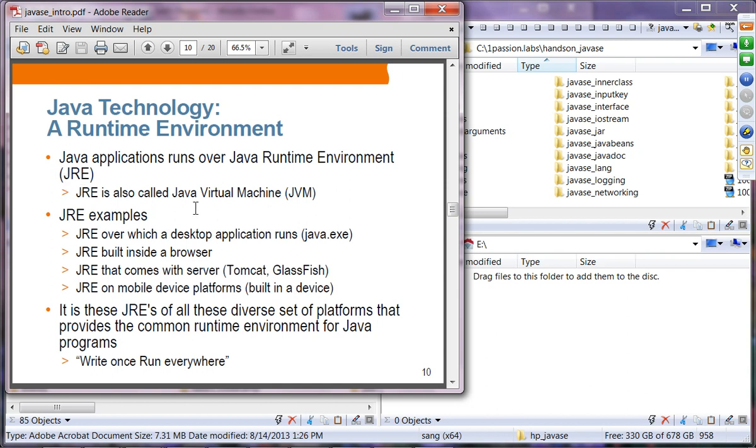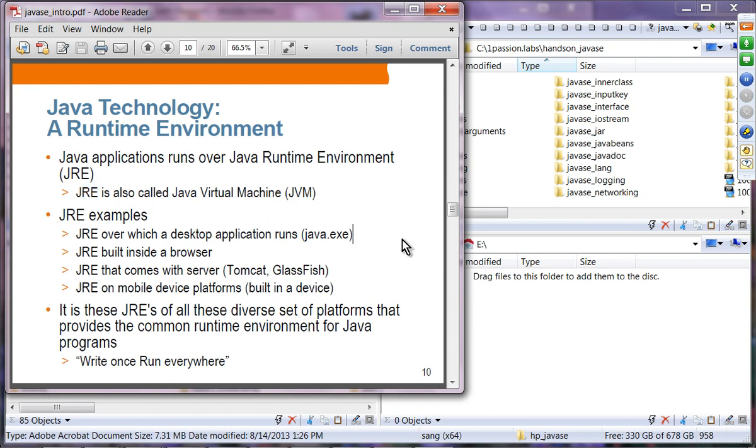If you visualize Windows, Mac, or Linux, you have an operating system, and on top of it you have the Java virtual machine, JVM, which is represented by this JRE. You can think of JRE and JVM as the same thing. That environment provides a virtual operating system so that you can run your Java application inside that virtual operating system called the JRE or JVM.